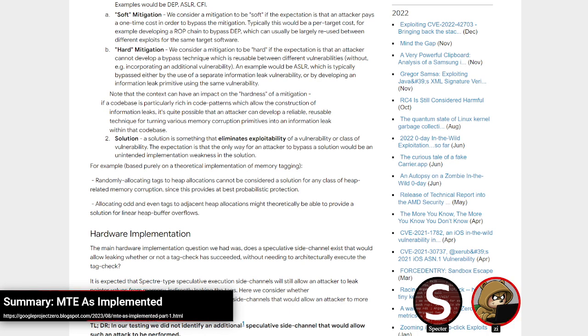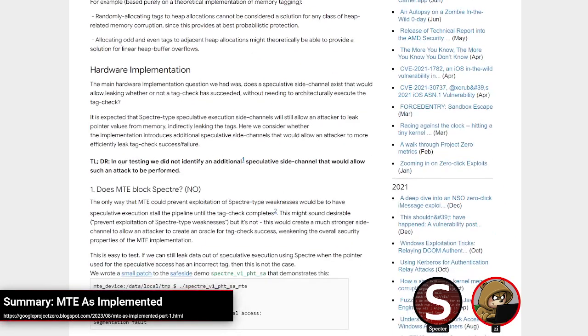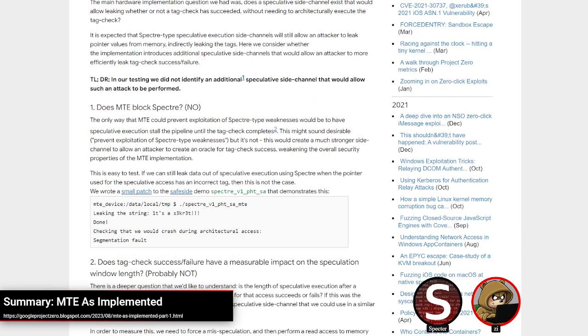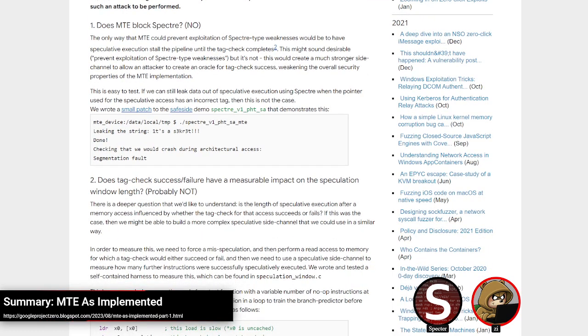So with all that nice background terminology out of the way, actually getting into some of the issues that they've noticed here, they do start off just talking about the hardware aspect of MTE with questions like, does MTE block Spectre? Which no, it's still going to speculatively execute over checking the pointer's tag. And because of that, it's not going to block Spectre, and they even call out if you wanted it to actually stop speculation on a tag check, that actually just creates a side channel for attackers to use speculative execution to determine if a tag check was successful or not. So kind of backfiring if you try to add that in.